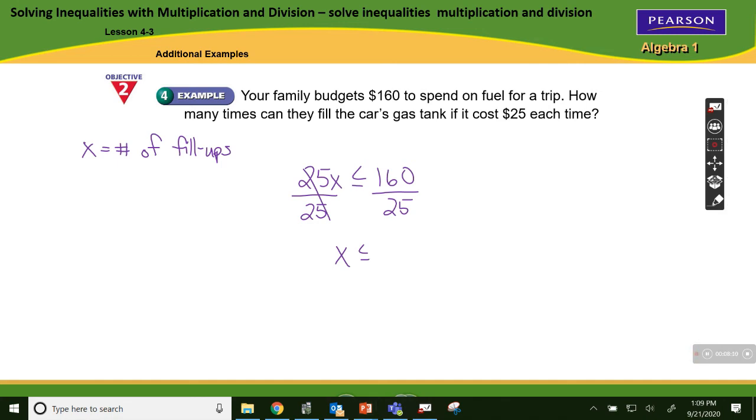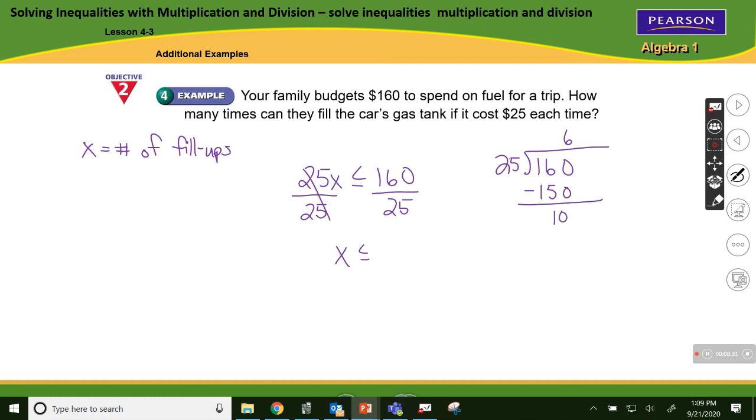well, I'm not sure what that is exactly, so let's do a little long division check. See if we can remember how to do this. Well, I think it's going to go in there, what, 6 times? Does that look right? 6 times? 6 quarters go into that? So I'm going to put a 6 here. 6 times 20 is 120. 6 times 5 is 30, so 150. Take away 150 is 10. 25 doesn't go into 10. So I'm left with 10 25ths left over, 10 out of 25, which is 0.4, so